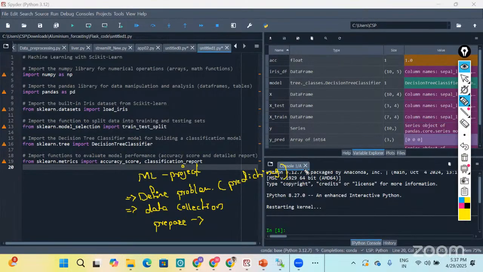After preparing the data, we go for choosing the model. We check different models. Based on that, we select one model, like decision tree, linear regression, etc. Next, after choosing the model, we go for train test split. After that, we evaluate our model.